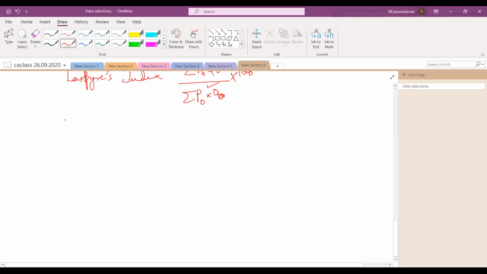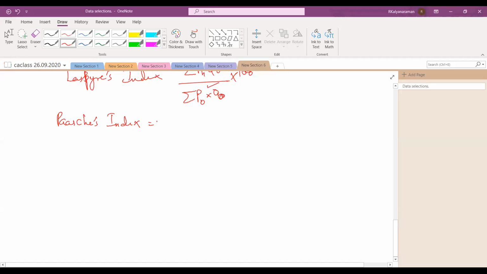There is another index called the Paasche index number. I'm not sure about the pronunciation. Paasche's index. Now the price is fixed, constant for 1 kg. In 2018, I bought 5 kg. Now I am not able to afford, I bought only 3 kg. So my onion I bought in 2018 10 kg. Now I am able to buy only 5 kg. So for a fixed price, I am buying different quantities.